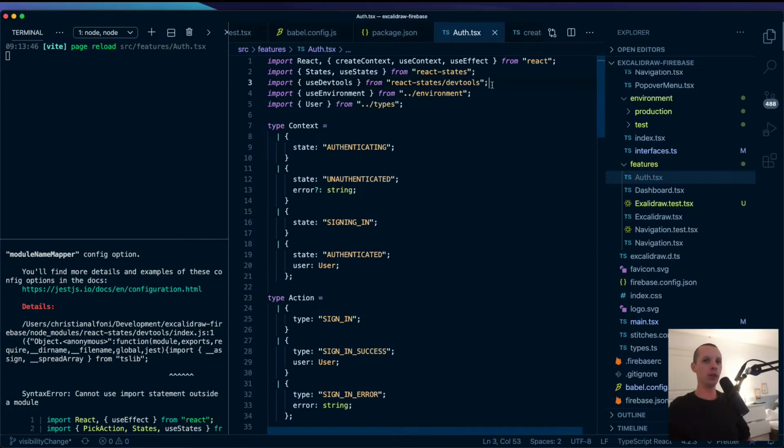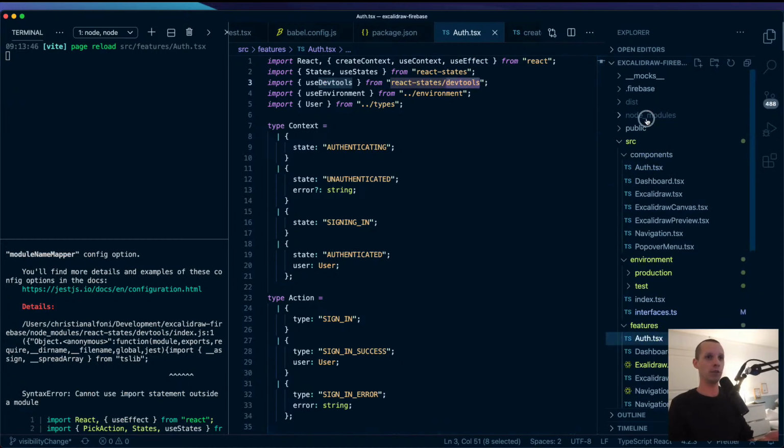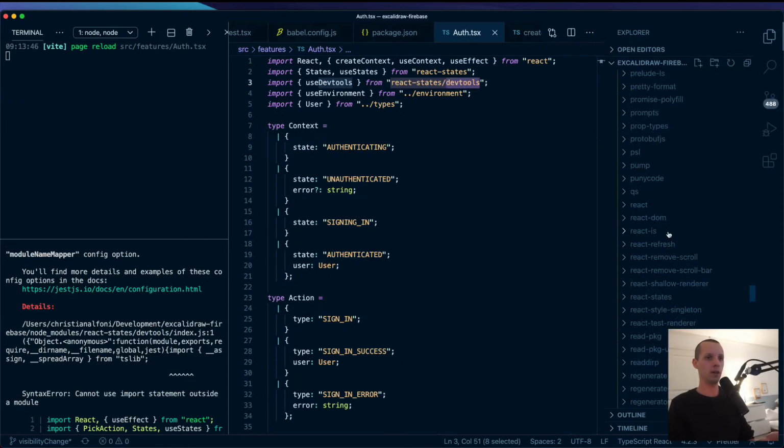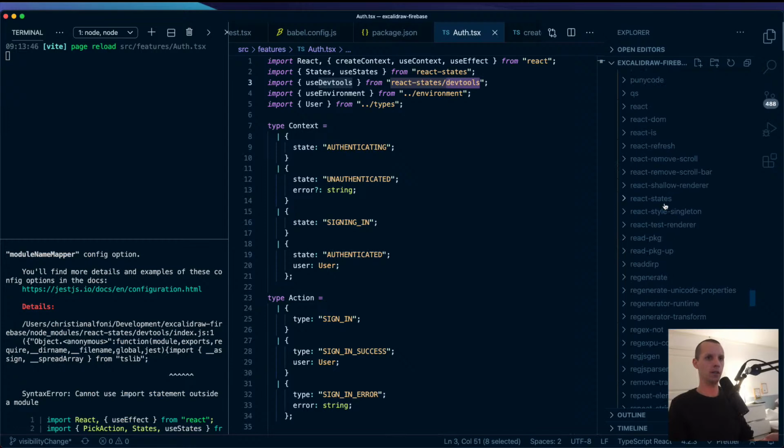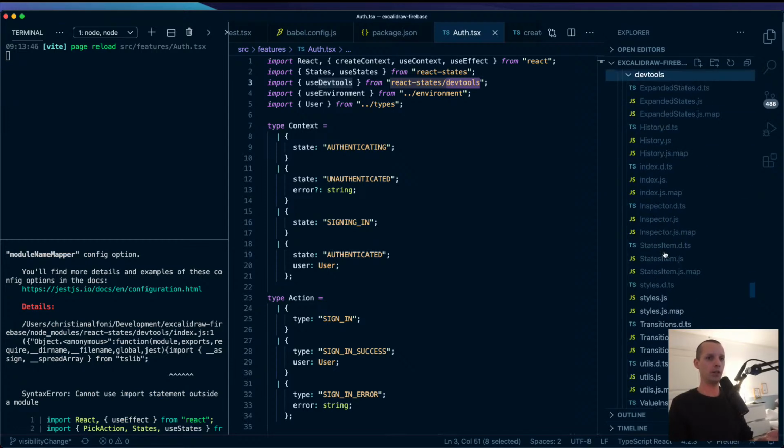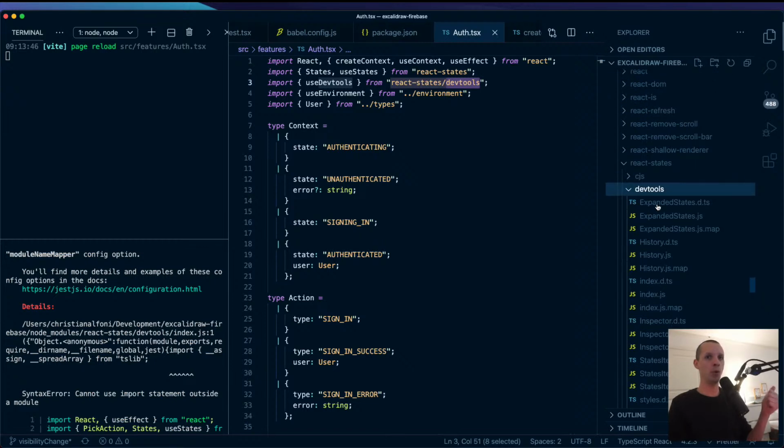How the fuck are you supposed to, how are we going to innovate when we have such a hard time just putting code out there for other people to use? It's just insane. Like, the problem now is that I have this subfolder called DevTools, and since I want my library to be ES first, when we point to this folder, like if you see here, react-states, if I point to this folder now, it's looking at this thing, right? And it does that in both the ES version and in the